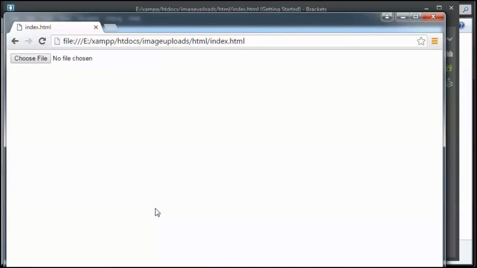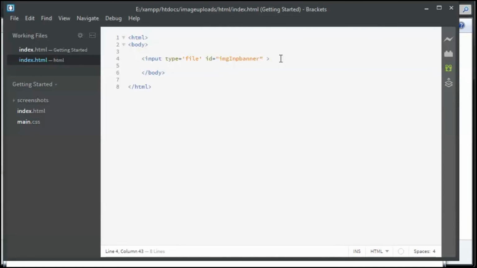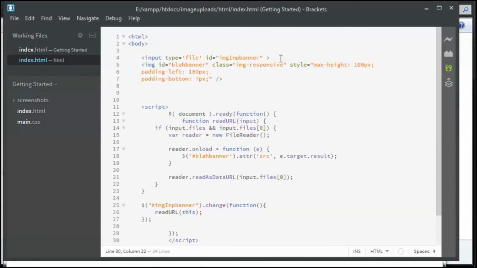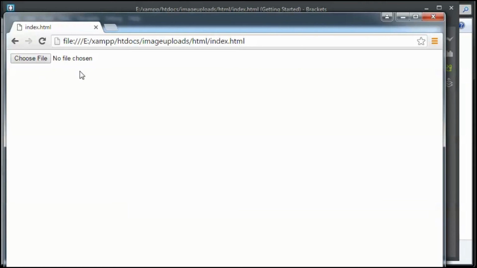It will be done using some JavaScript and some jQuery code. We've got to copy paste this code inside. I'm pasting the code now. This will help us load an image over here when the file is selected. Let us try it.